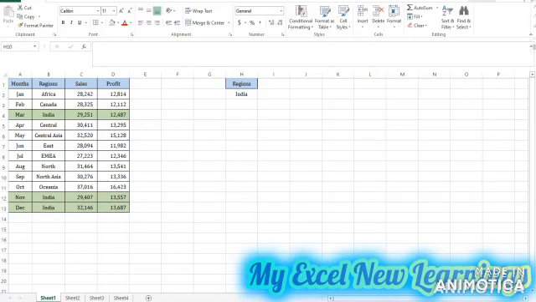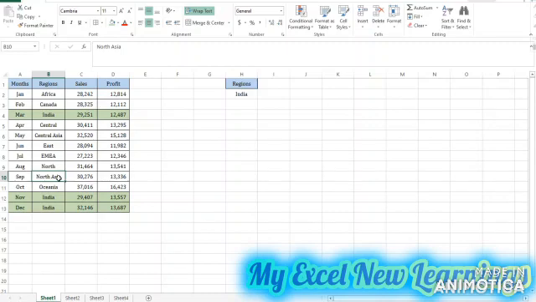Today in this video we will see advanced filter options. Here I have some data and here this is my criteria. So I want to filter the data for region India and I have to copy paste. When we use a basic filter, we have to filter it in place, then copy and paste the data to the other location. But by using the advanced filter, it will sort out as per your criteria and it will paste to the location where we want. So we will see how the advanced filter works.